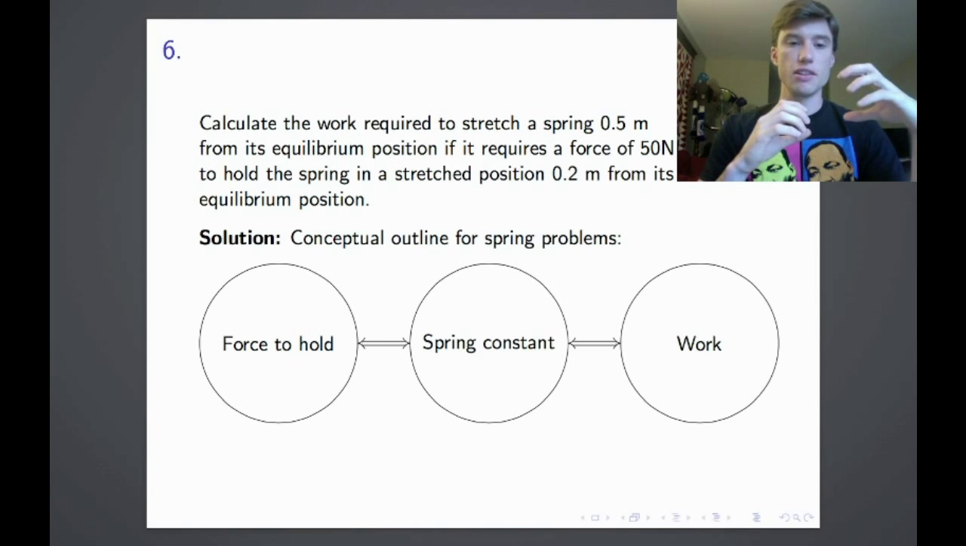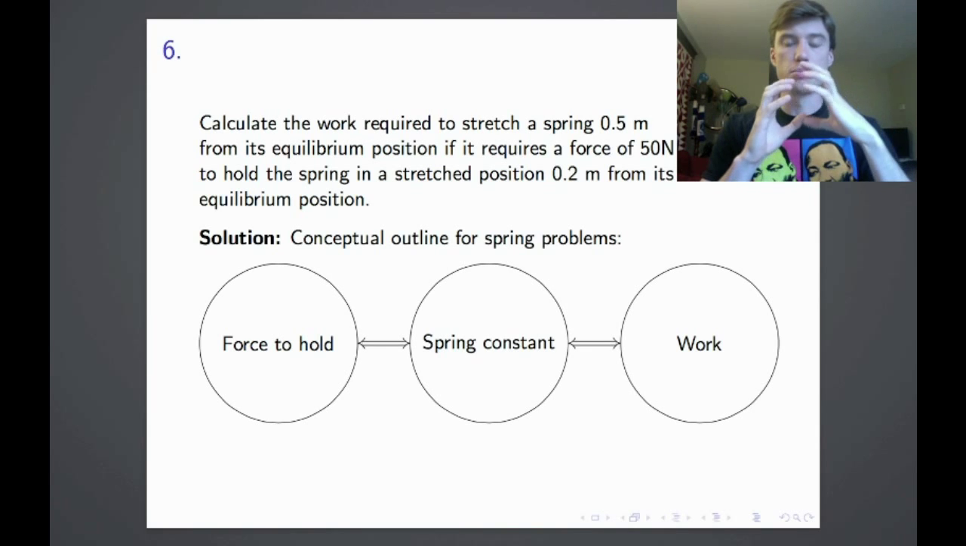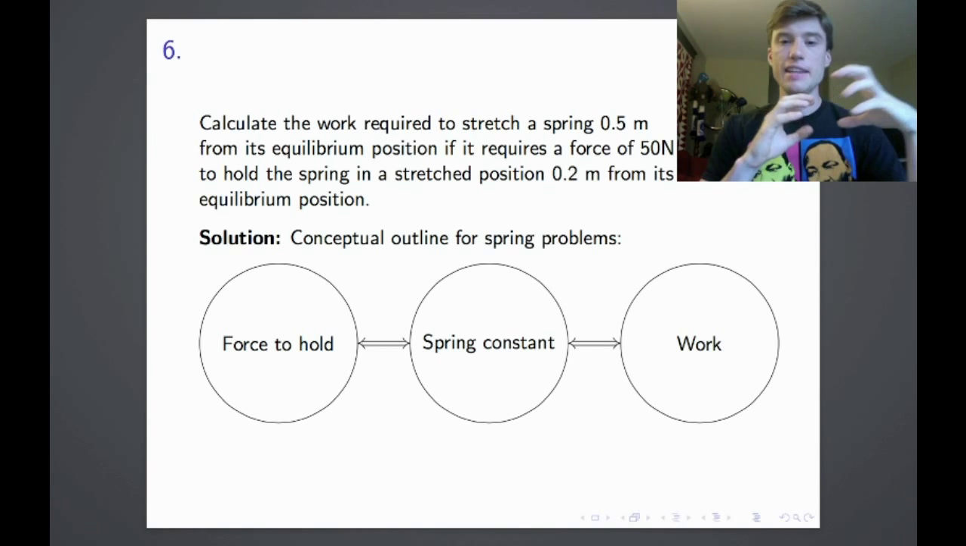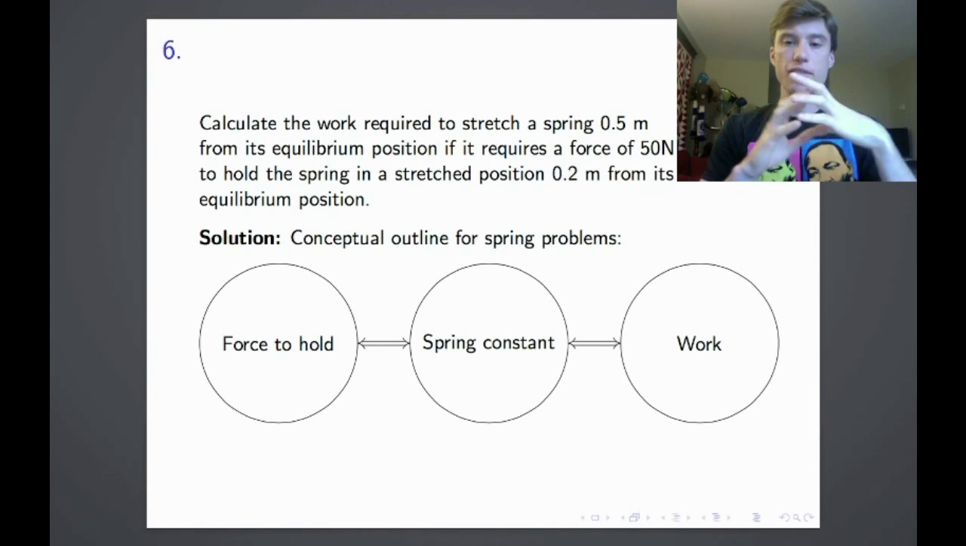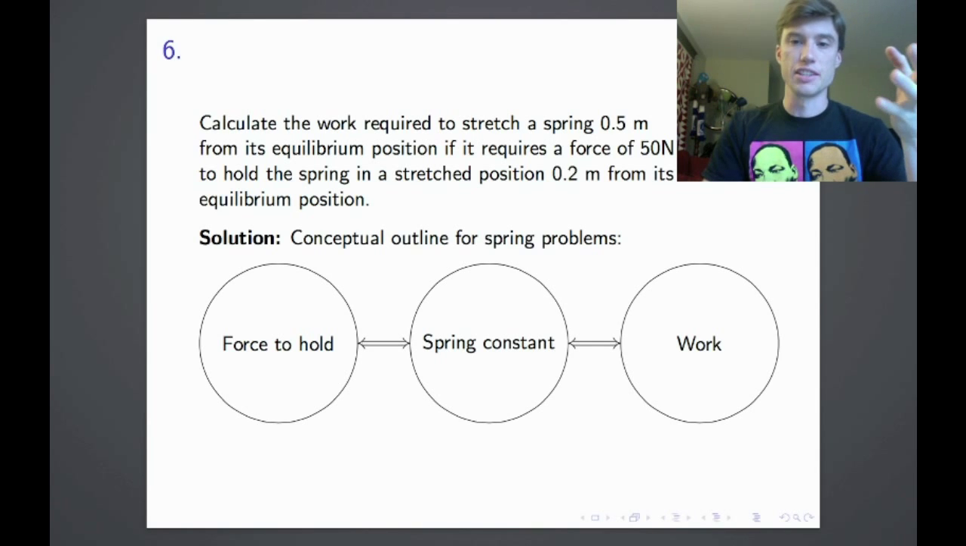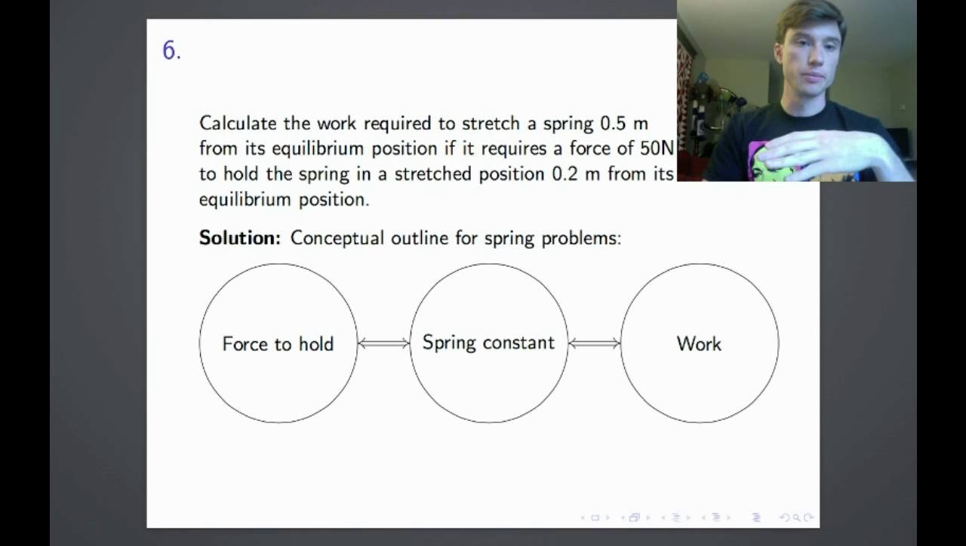Now we have these three quantities: the force to hold, the spring constant, and the work to stretch. And these three things can all be found from each other. So if we're looking at the force to hold, as we have in this case, we will use that information to calculate the spring constant for the spring at hand, and then we will use that spring constant to calculate the work. In the other case, where we're